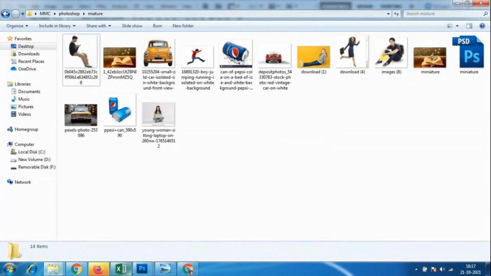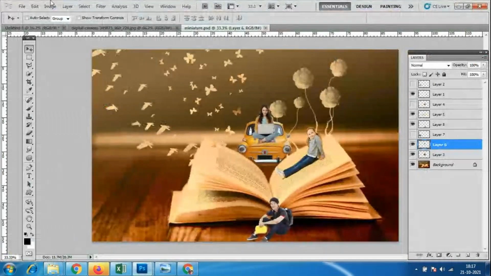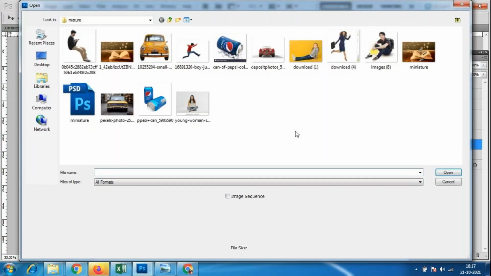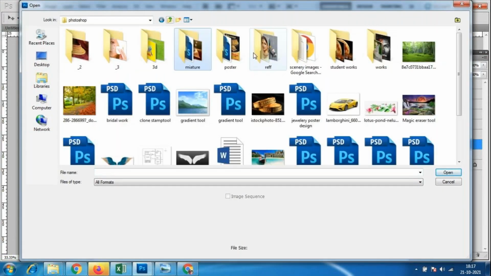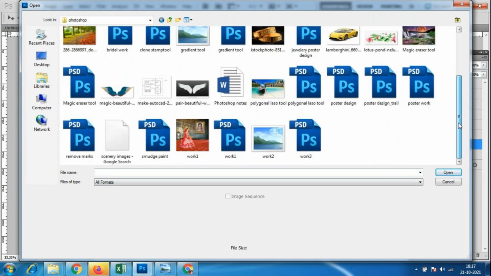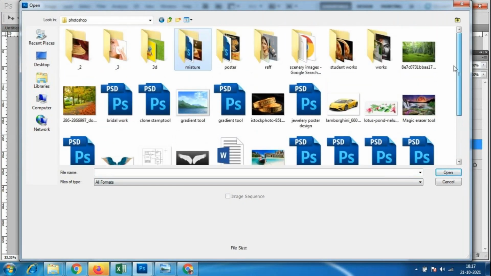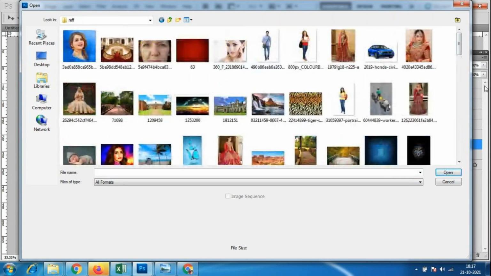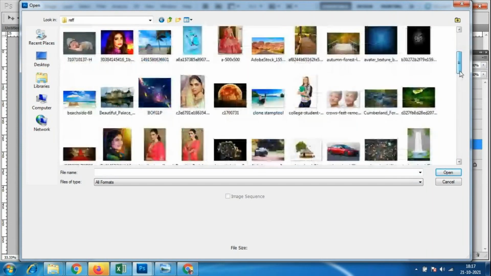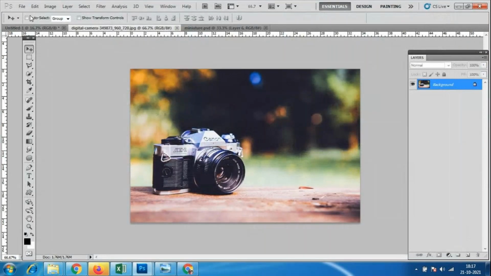And I have one more file. I will take this one. I think you people have seen this kind of file. In my reference, I have some of the images. I have this camera image. So I'll go to here.